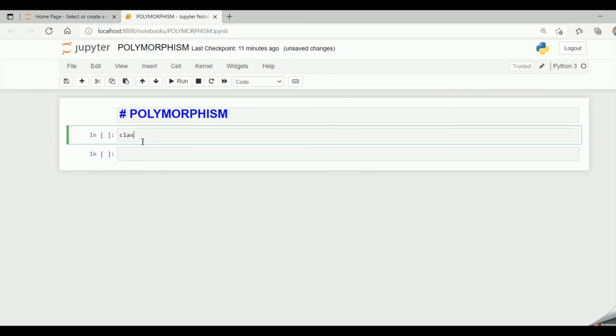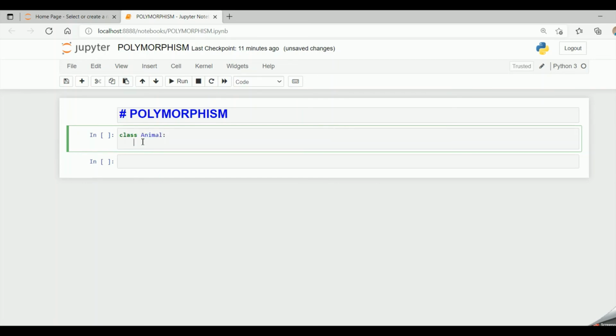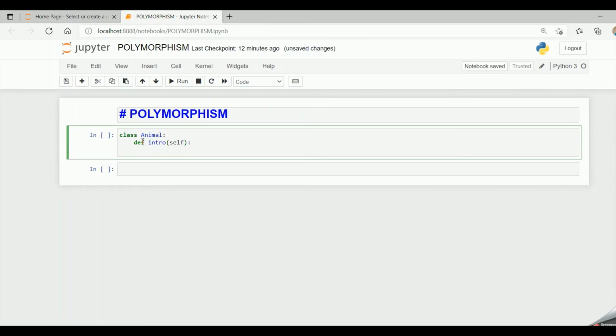So I have a class called animal, and then I have a function called intro which takes self as the parameter, and it prints I am an animal.